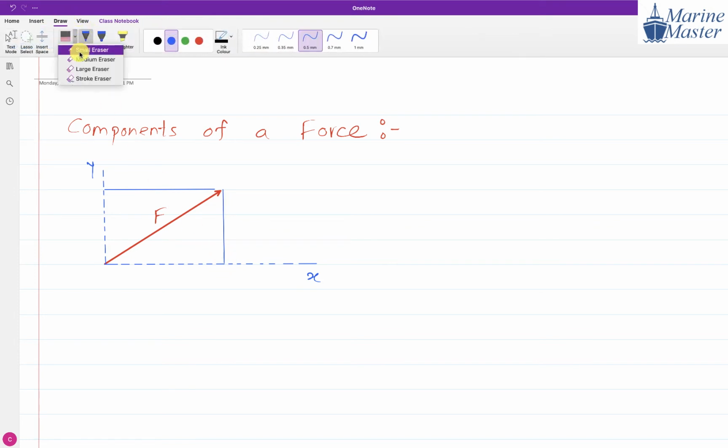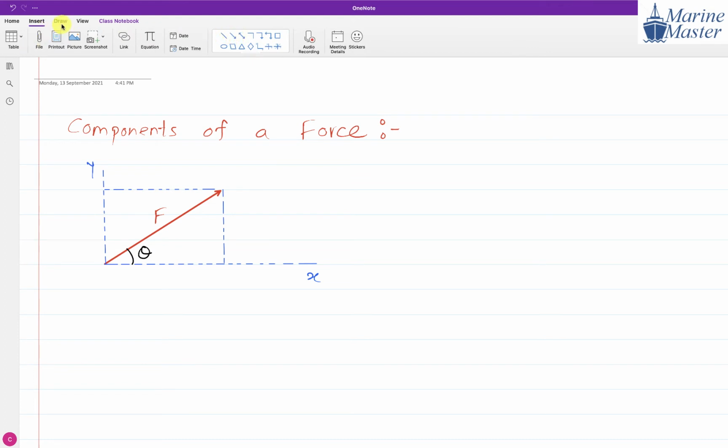What we are going to do? We are going to form a what? Rectangle. Now this F is making angle theta. What is this F doing? This F is making angle theta with respect to what? X axis. Now this F will have two components. One component is in x direction, another component is in y direction. So how to get the components? Just observe the things here carefully.